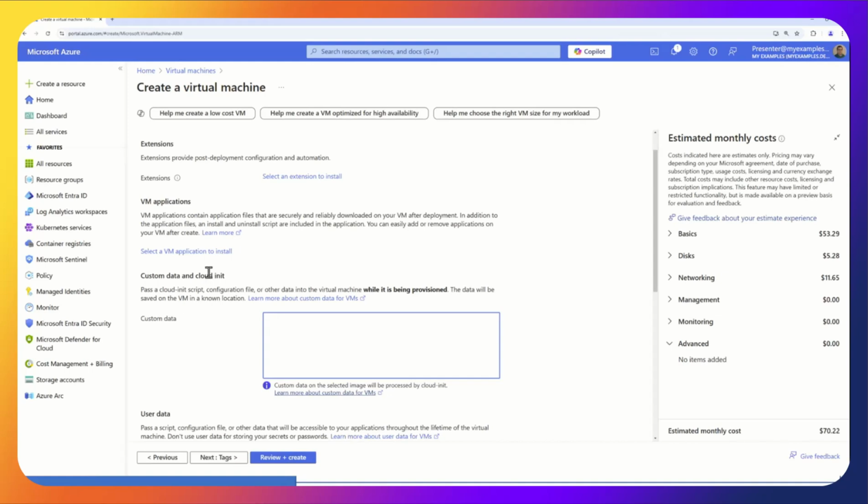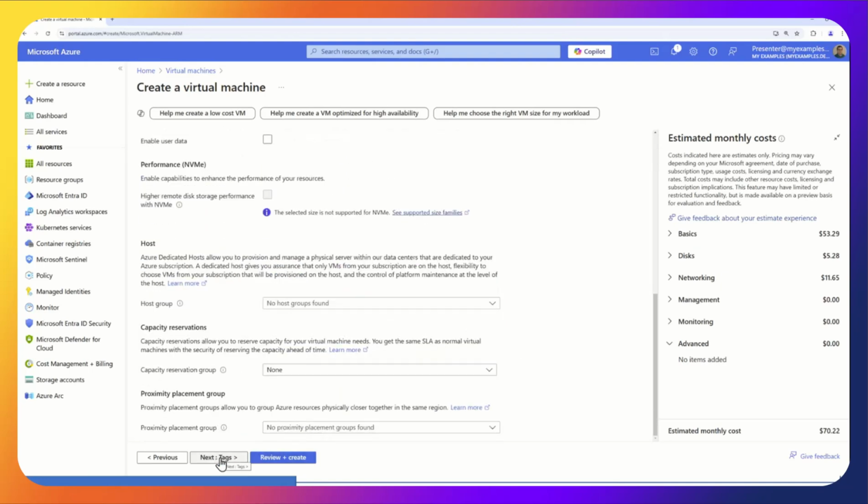Now here, I'm not planning on connecting to this machine. And with a Linux machine, what's really cool is I can use this custom data in cloud-init, and I can pass it some commands so it automatically installs any software or anything I want. I'm going to cut and paste what I have here, and let's take a quick look at this. I'm going to install Nginx, which is a web server. I'm going to restart it, and then what I'm doing here is echoing this line and writing it out to index.html. This is the root of the web server. So this will be the page that comes up, VM1.